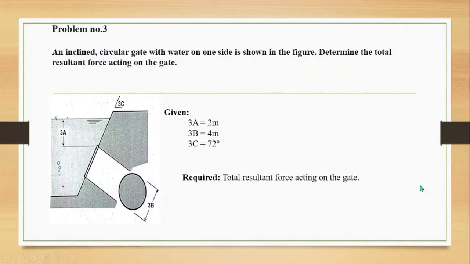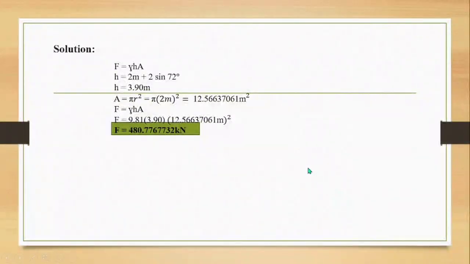On next problem is number 3. An inclined circular gate with water on one side is shown in the figure. Determine the total resultant force acting on the gate. So ang ato given para sa 3A dire is 2 meter, tas para sa ato 3B is 4 meter, tas ang ato 3C dire is equals to 72 degrees. So ang ato daw pamilingon is ang ato total resultant force acting on the gate. So ang ato solution is